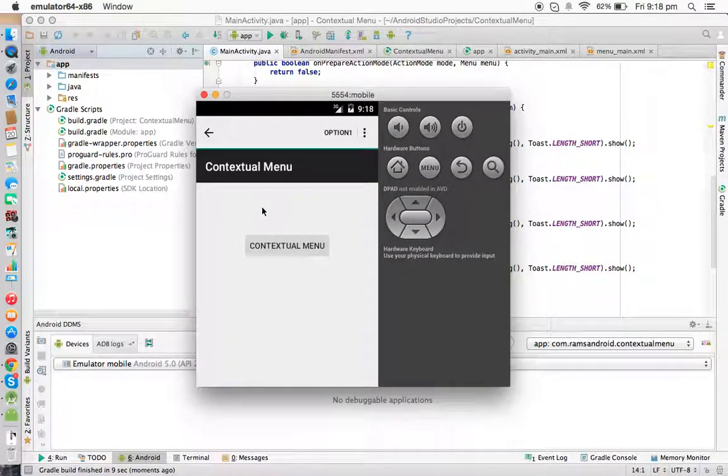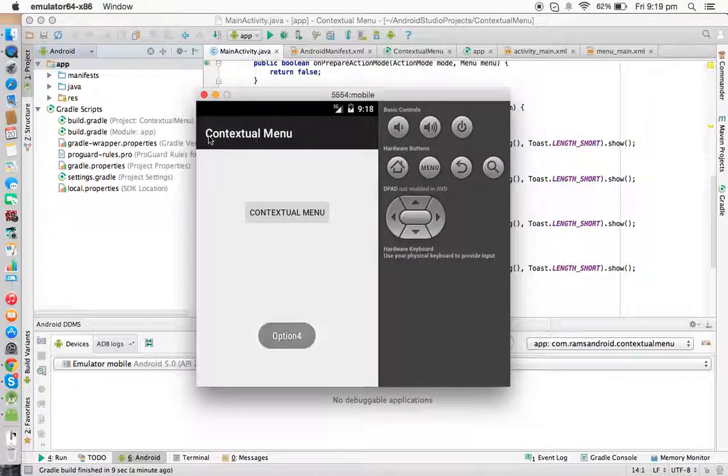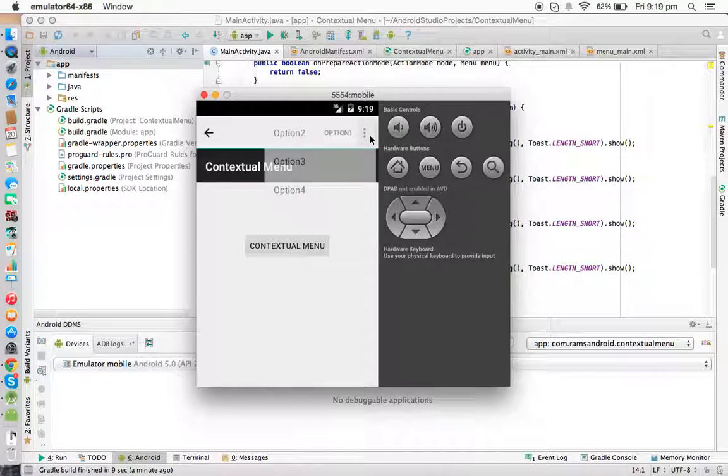Now see, if you click, automatically we got the contextual menu. See that this has the back option, again option 1. If you have icons, then we are going to have more room, and it's going to show the icons. However many icons can be adjusted in this action bar, those many icons it will display, and after that it will show you this menu option, and there we are going to get the options. Now you see option 3 selected and option 4 selected now, and you can say back. Okay, and we got the options, right?